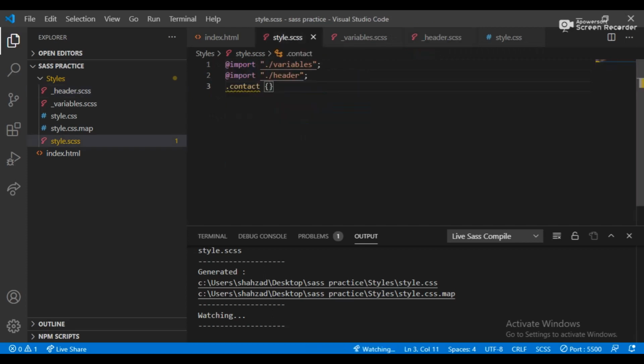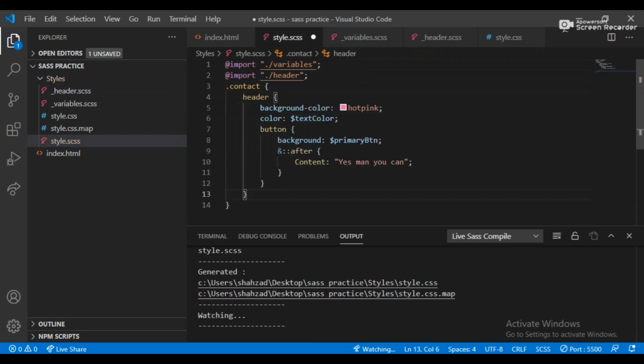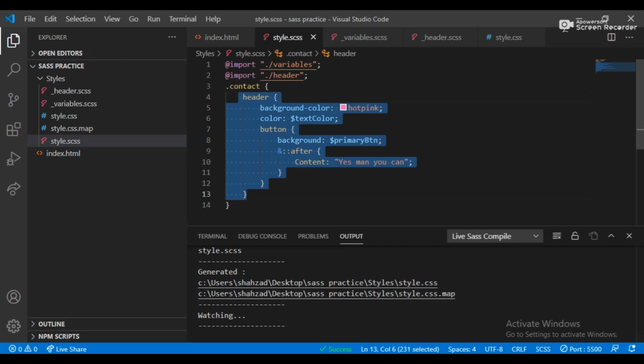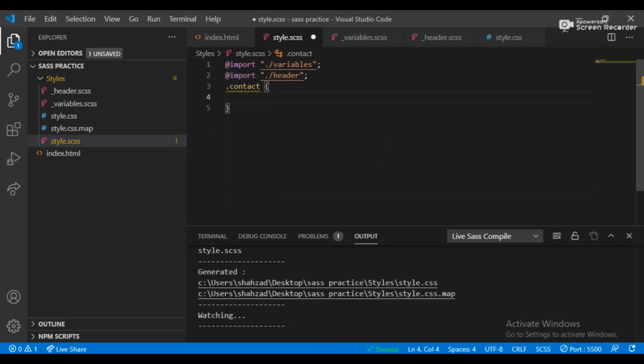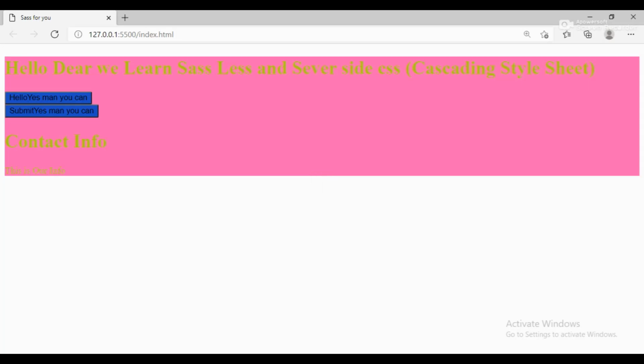Now we are using the inherited properties, so you can see header it works, but I just extend this header easily using extend header. So all this property of header and all property of header properties coming towards into my contact div. So now you can see it works and my contact field.